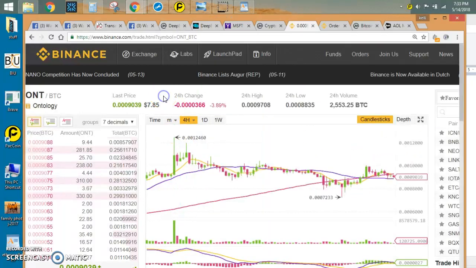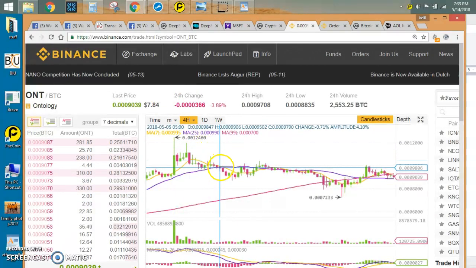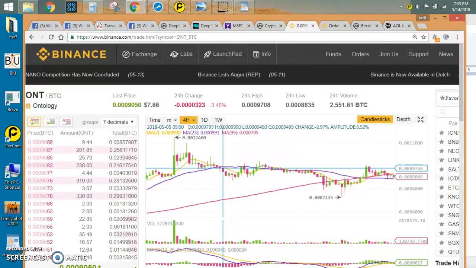So let's go back to the chart. I bought on May 5th, and I bought it right around here where the two blue lines are intersecting. So I bought it somewhere around here because that was May 5th, and I bought it at 0.0009615. So somewhere around here. And now, if I want to make 30% on this trade, I have to